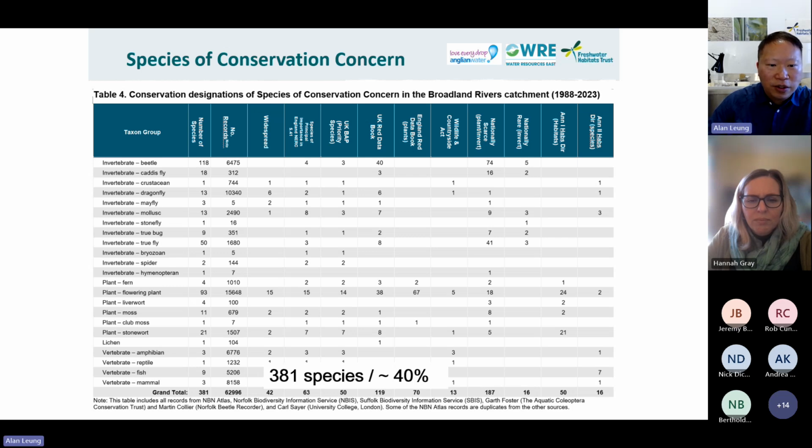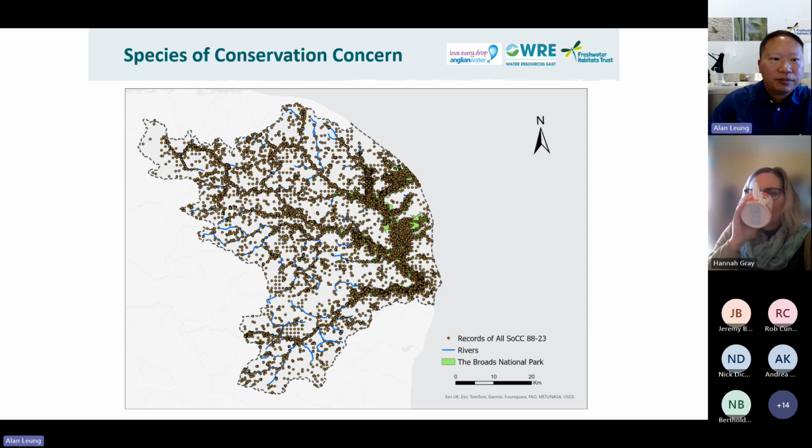We've got many records, but some of these records may be duplicates. This does not really matter because what we are interested in is the number of species. So even if we have two identical records, if they are recording the same species, it's the same species. And we have one more column, which is whether those species are widespread or species with restricted distribution. I will talk about this in the coming few slides.